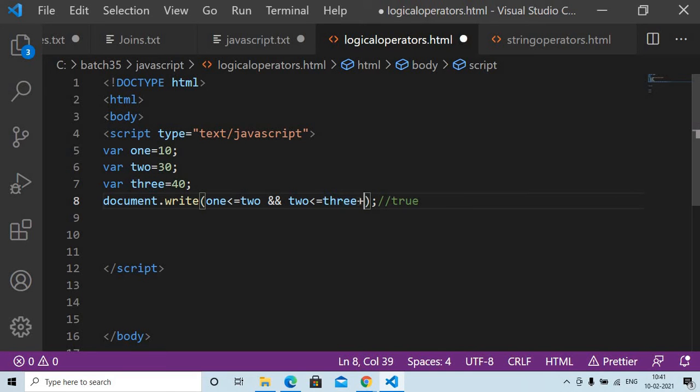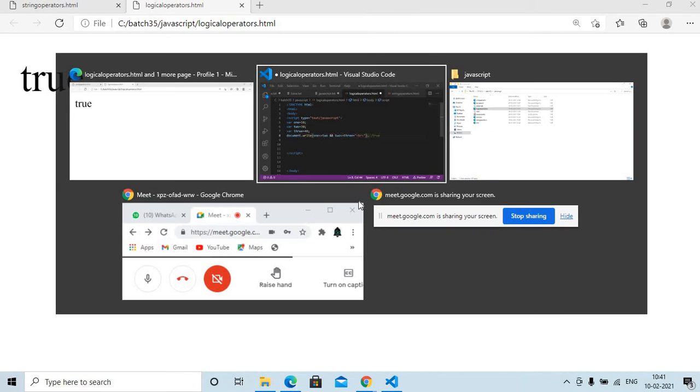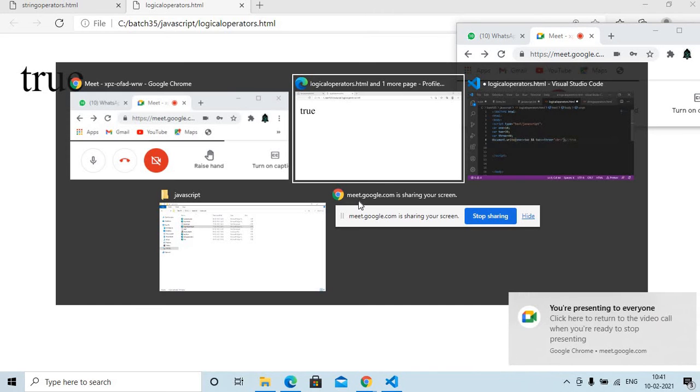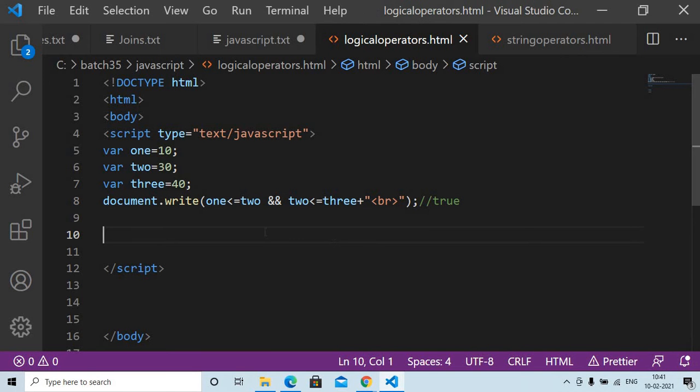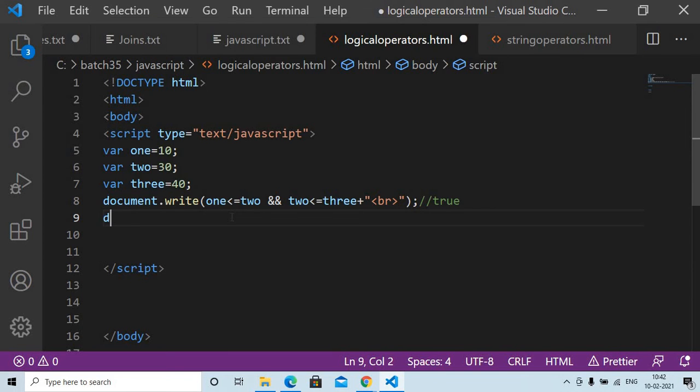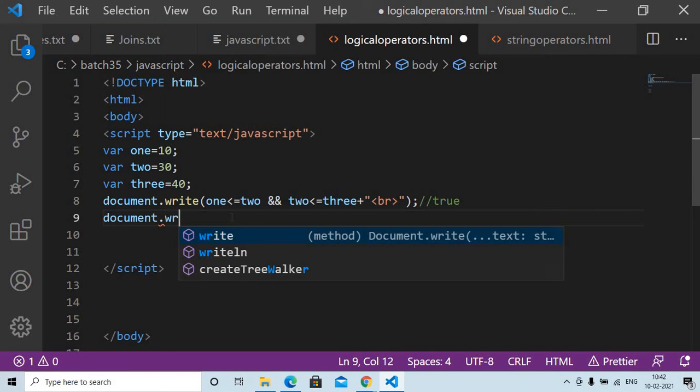So whatever the next one you want to comment on the next line, you can use the break tag. Okay, next you want to check one more situation. Document dot write